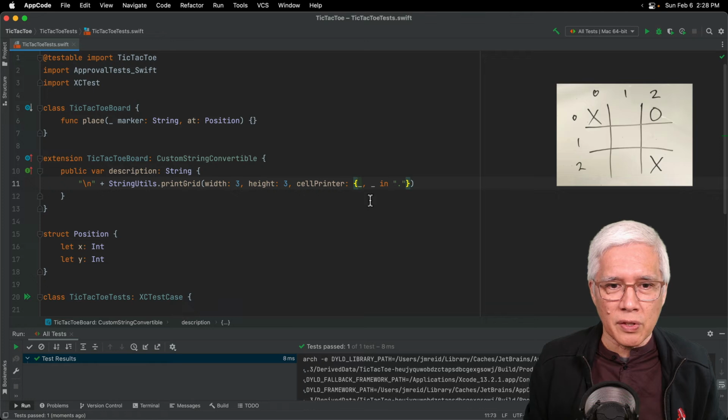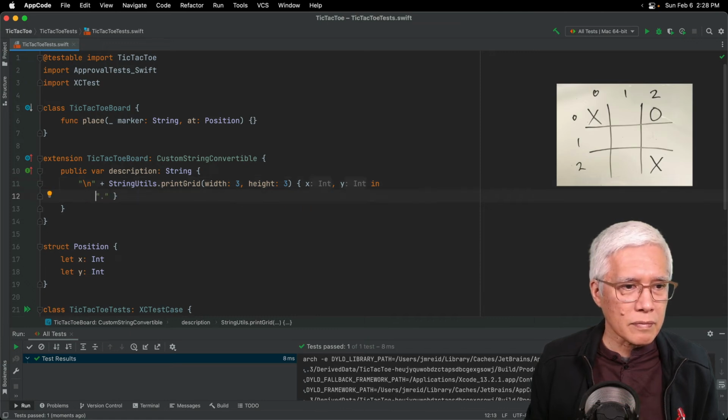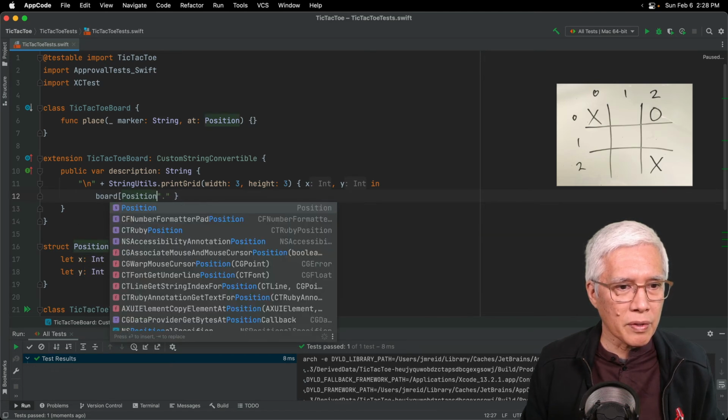Now let's start implementing this cell printer closure. I'm going to turn it into a trailing closure and say this is going to be XY. And let's look up a position on the board.